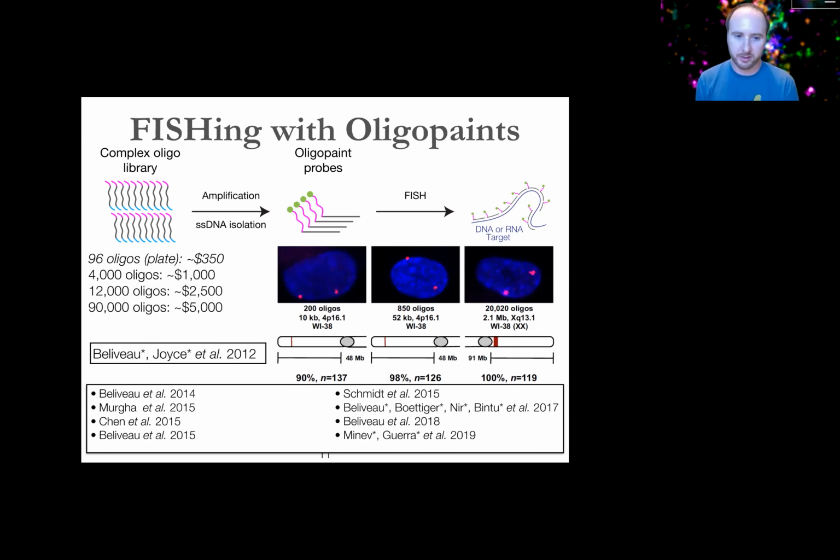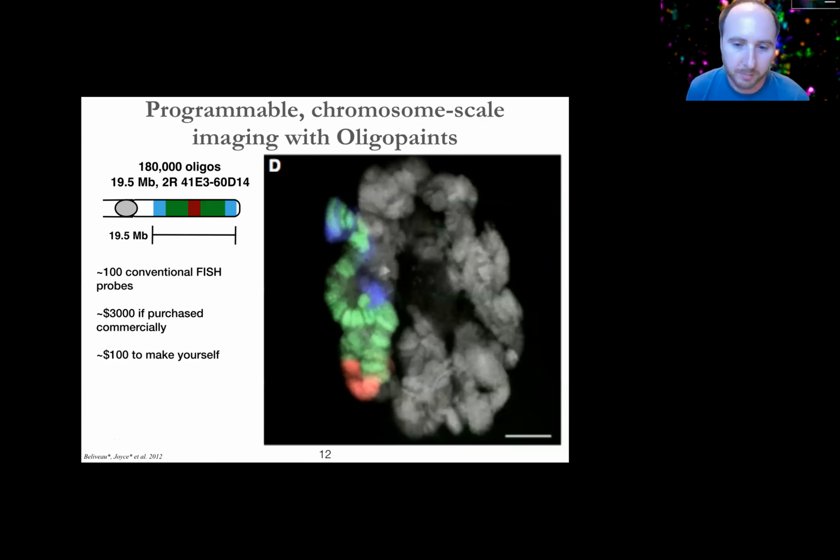So it's really satisfying as a developer who's involved heavily in making this technology way back when to see what it's out and doing in the world. I think this slide, besides just showing one of my favorite chromosome images that was taken by Eric Joyce, provides a nice example of what you can get from using this kind of technology compared to the more standard FISH approaches.